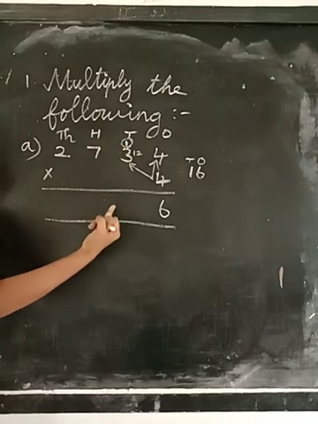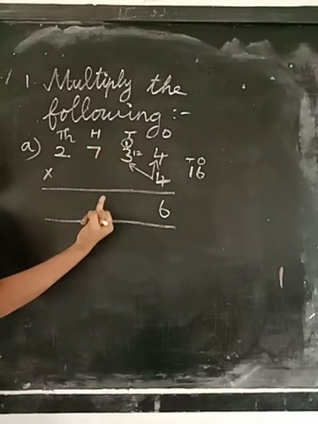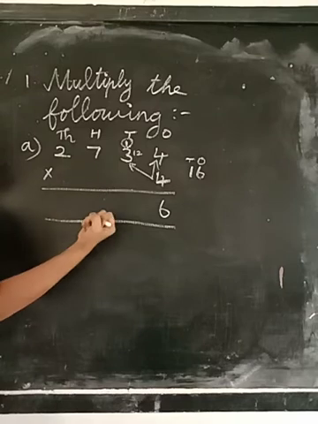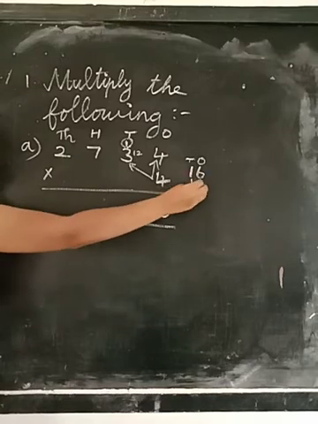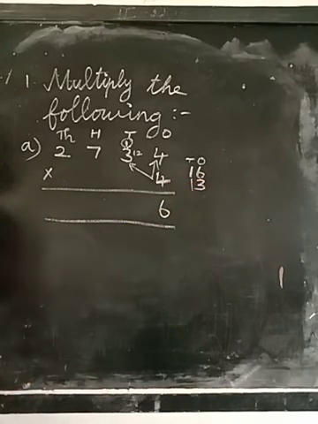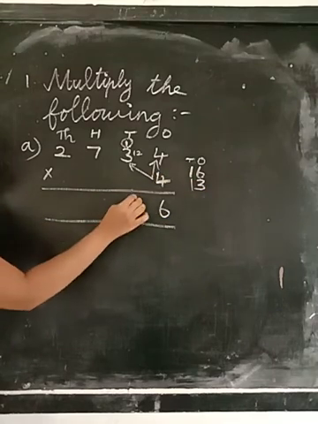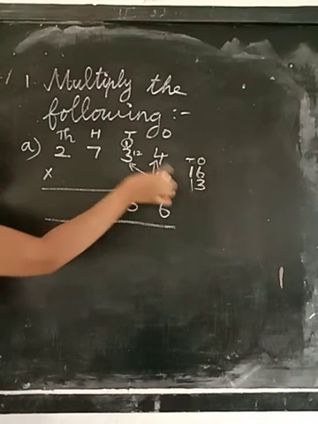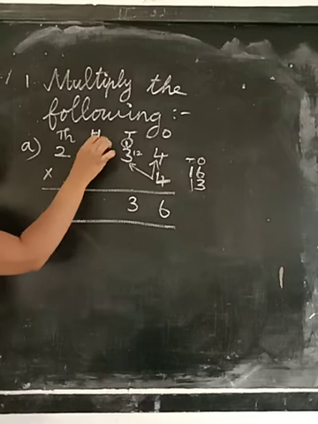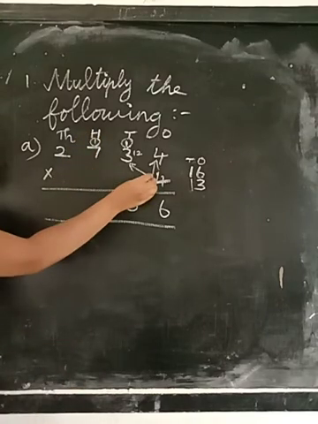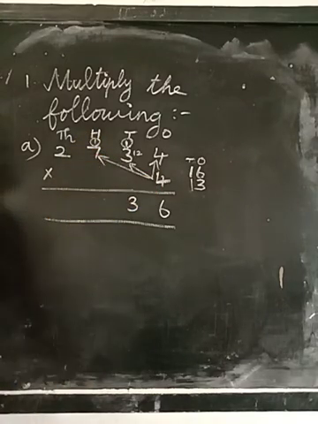12 plus 1. So 12 in the mind, 1 in the finger, 12 after 13. So what is the number we are getting? It is 13. So the ones place number 3 in the answer's place and the carryover in the next place. Okay. Now we have to multiply the hundreds place number.